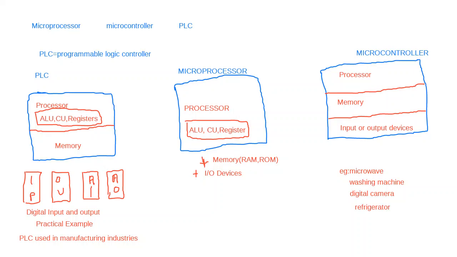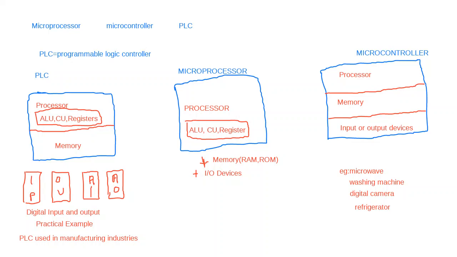I think it is clear to everyone. So the main thing in microcontroller is that if I ask you for something which we will use for a specific task or particular work, that is a microcontroller. The memory required by a microcontroller is small. Remember students, a microcontroller is also known as a small computer, because in a computer you need a processor, input output devices and memory. So everything is on a small chip, on ICs, everything is on a small IC, that's why it is also known as a small computer.